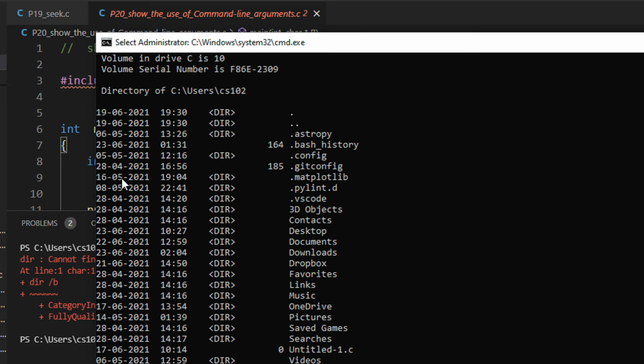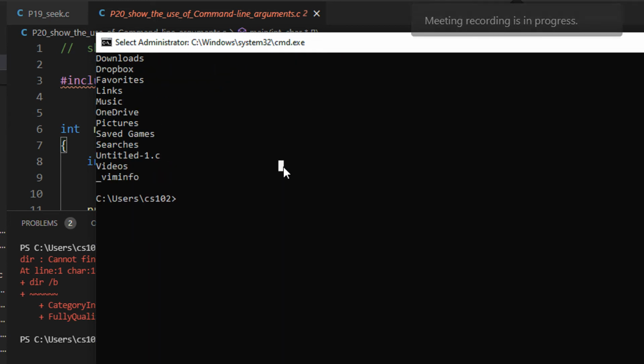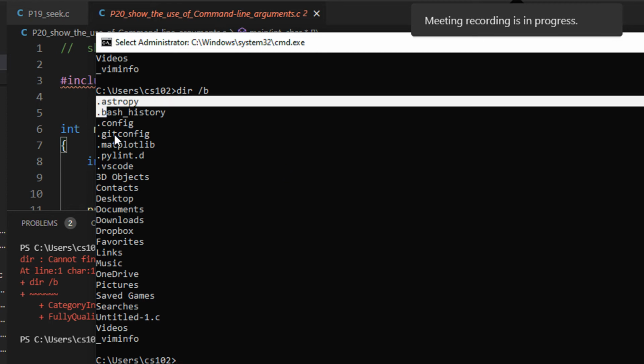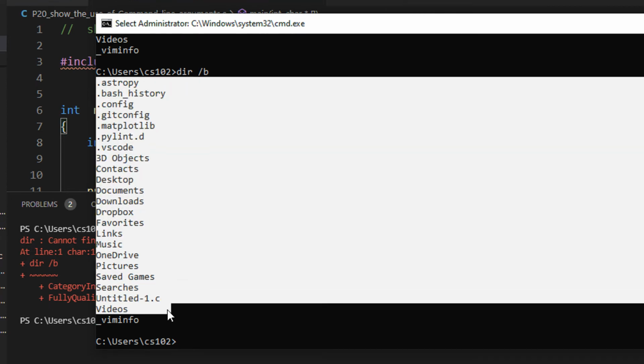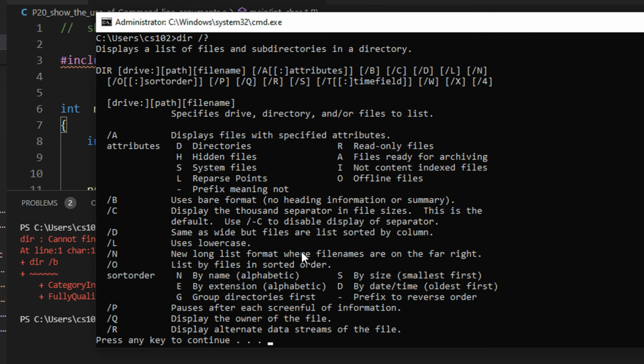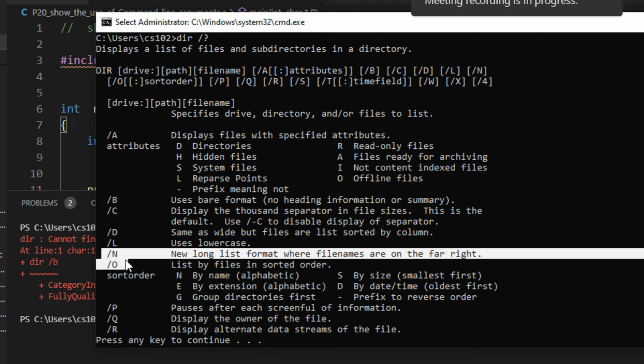In the previous case, I was seeing the date created, time modified, whether it's a directory, what is the size, etc. But when you do dir slash b, you can only see the base names, that is the file name or the folder name. In Windows, you can actually just do slash question mark. That will show you the various command line switches or command line parameters that you can use to do this.